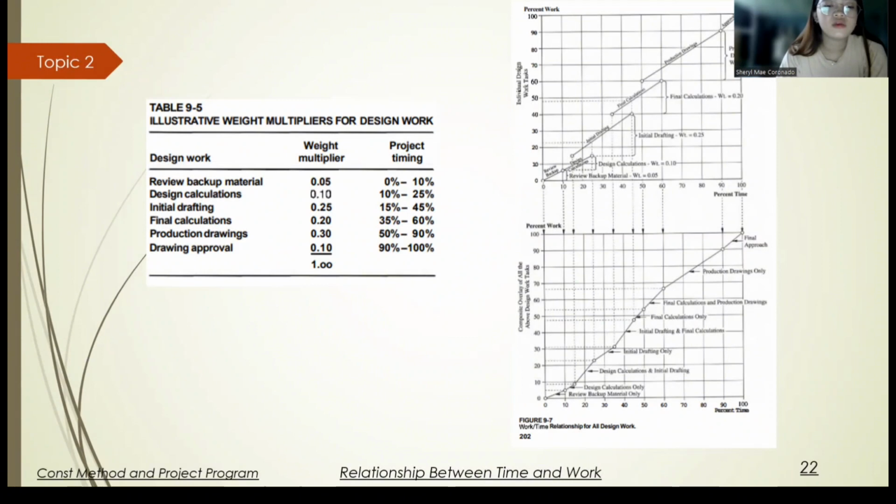So, in Figure 9-7, the upper portion of Figure 9-7 is a series of graphs that represents each design task individually, arranged in order of occurrence. The slope of each graph is the ratio of the weight multiplier to the time required for the work to be performed. The lower portion of Figure 9-7 is the work or time curve for the entire design effort, and it is obtained by a composite